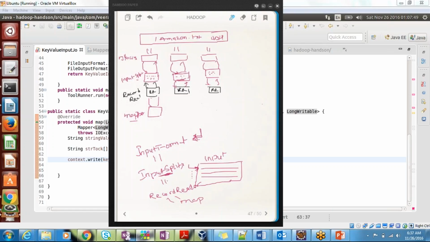Once the input splits are calculated like this, they have to be read. The input split is nothing but a logical representation. The physical data has to be read. The data will be read in the record reader. I showed you in the record reader class, the line record reader class. It is reading the record, right? After reading the record,